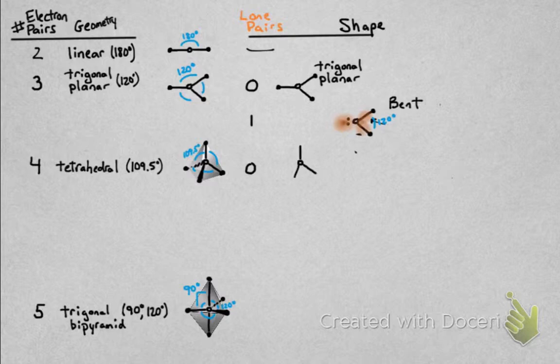So in the tetrahedral case, if there are 0 lone pairs, so each one of these lines represents a bond to an atom, they're going to arrange themselves, of course, 109.5 degrees apart. The shape is called tetrahedral. Now, if you have one of those positions as a lone pair around the central atom, so what I'm going to do is draw out the tetrahedral arrangement. So each of those lines is going to end up representing a pair of electrons. If one of those is a lone pair, though,